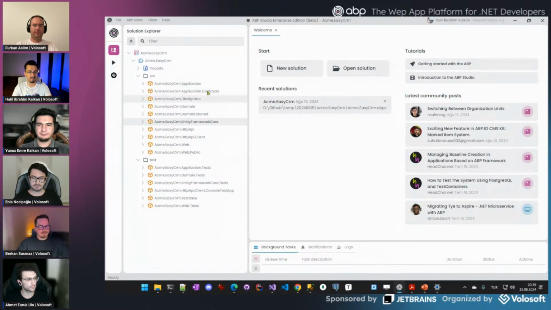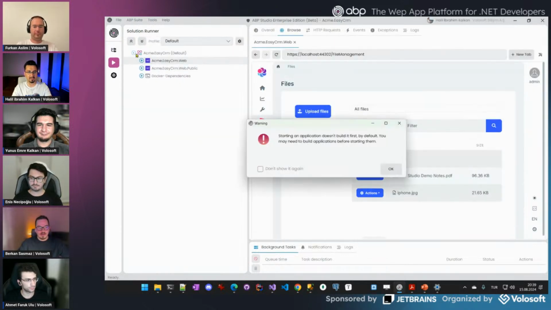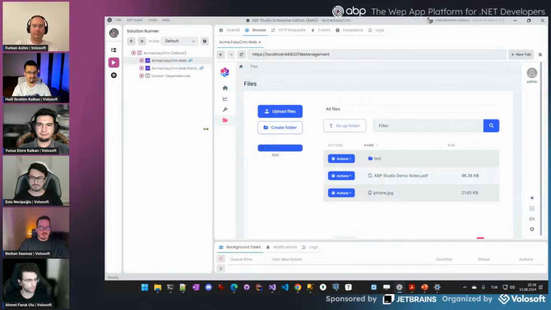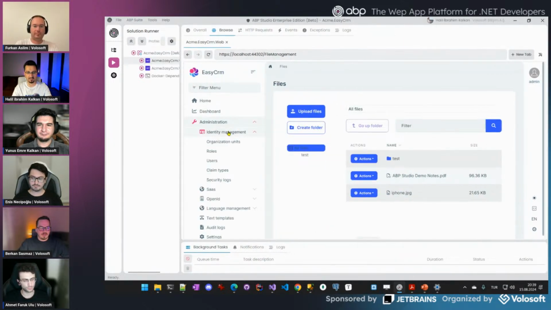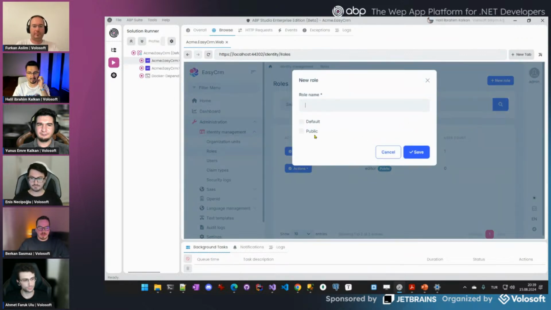For example, we can explore the Identity Pro module. First, I want to show the application UI again, because I will make some customization in the user interface, so you see what we have done. For example, while creating a new role, we are using a modal. I want to simply customize